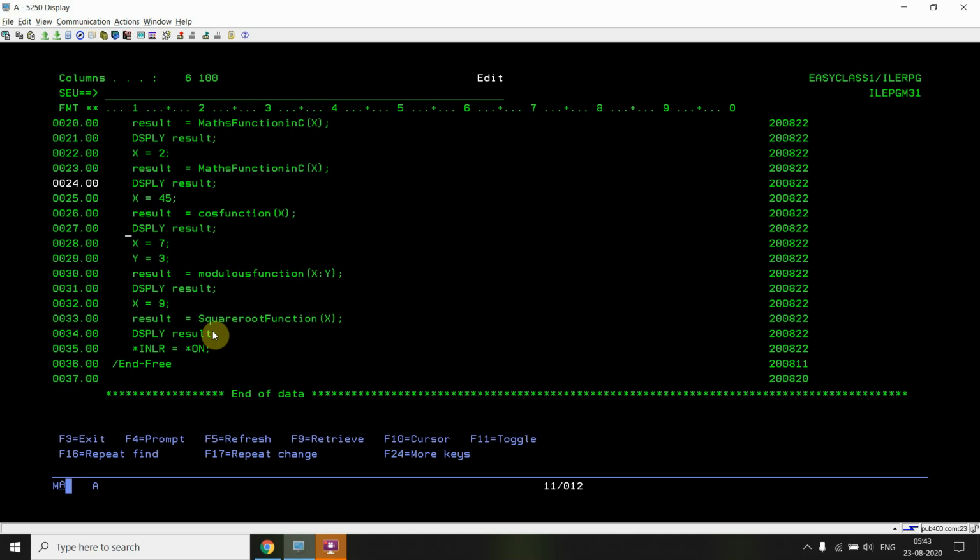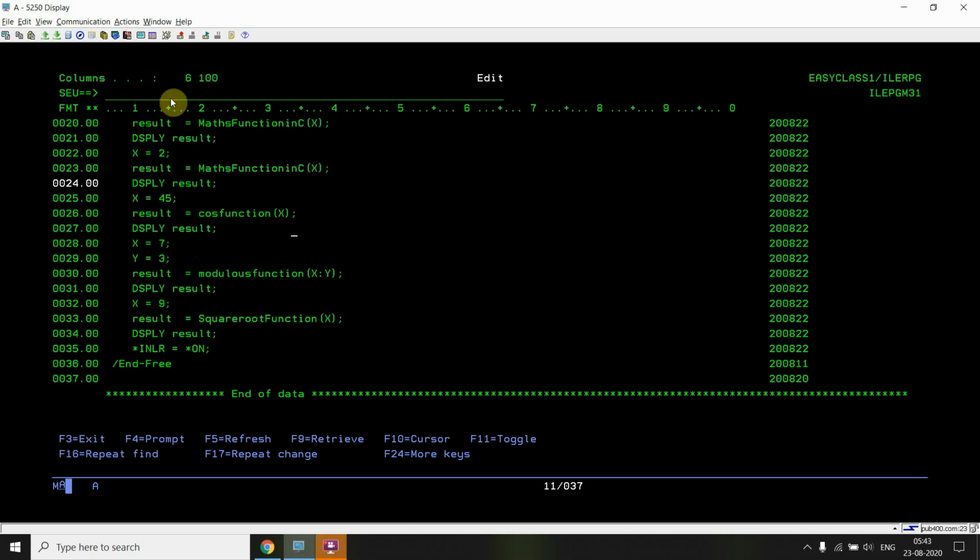But this function, fmod, will accept float x and y, meaning float 8, and return float 8, that is double. It accepts doubles and returns doubles as in C. I'm passing 7 and 3, so 7 divided by 3 is 2 with the remainder 1, so the modulus would be 1, and this will return the square root of 9, which would be 3.